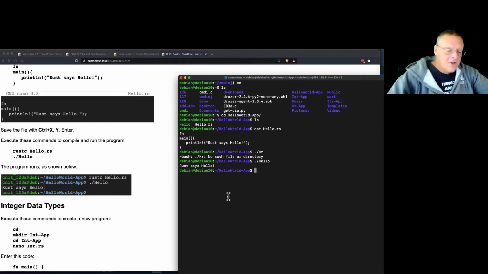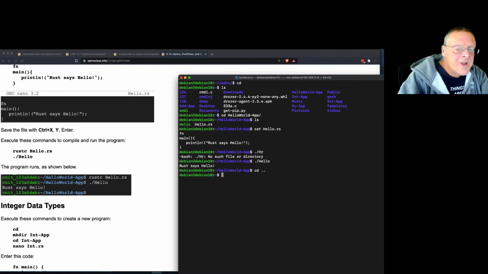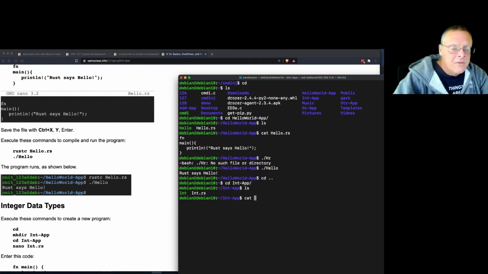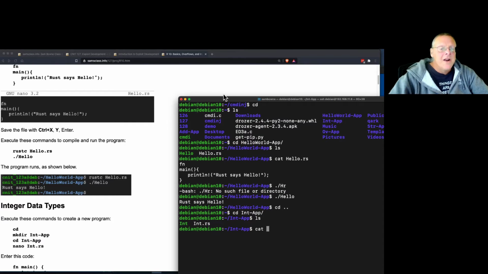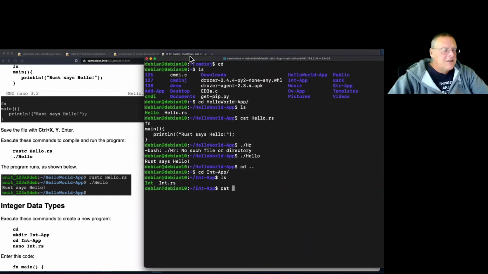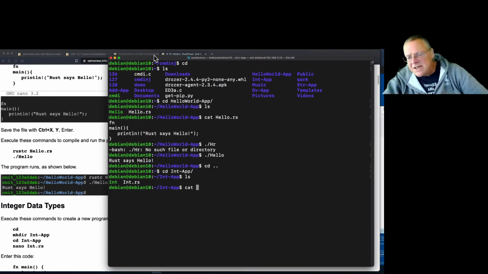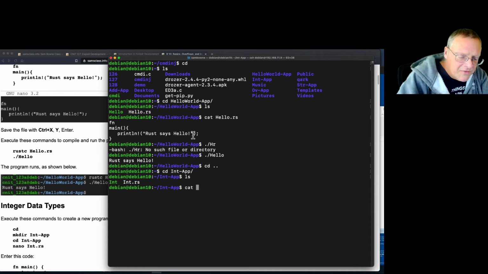Now we can have a little more fun. Let's go up here and go into this int app. Okay, and let's take a look at this one. I think I'll make this a little bigger, and fit it in the window a little better, and check my limits. Okay, so now if I look at the source code for this one,